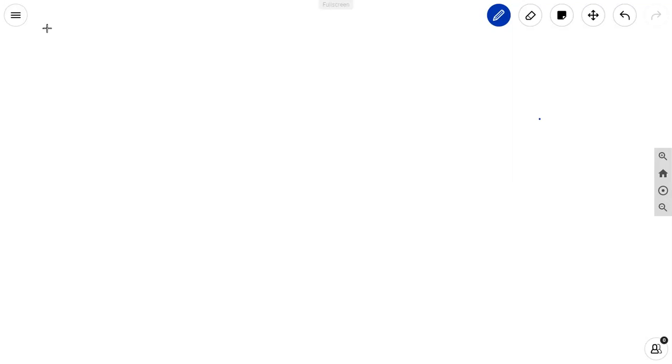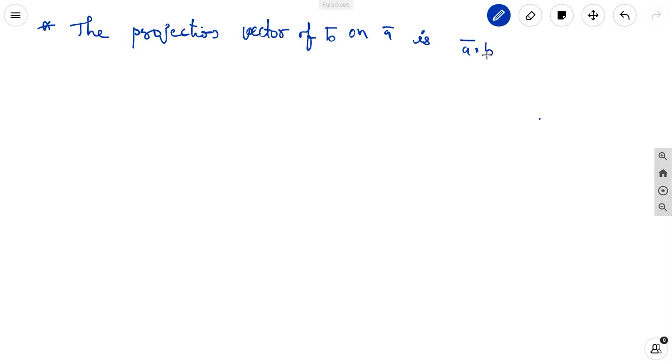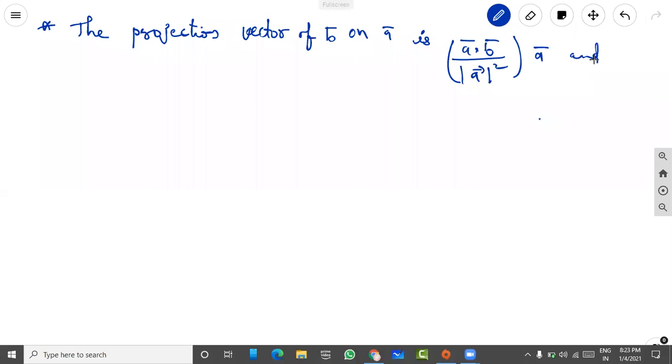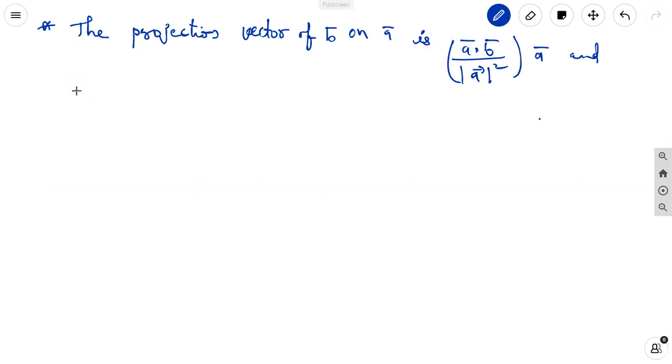Next definition, it is very, very important. The projection vector of B on A vector is A vector dot B vector by modulus of A vector square into A vector, and its magnitude is